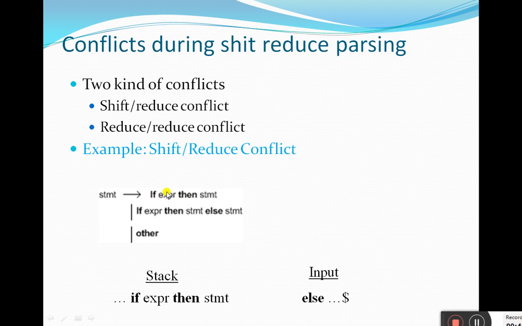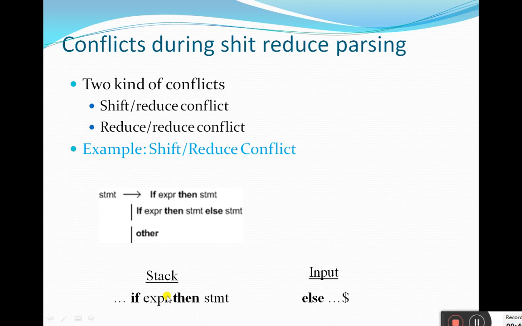If the expression is true, then we do this statement, if it is a simple if statement. If it is an if-else statement, if the expression is true, we'll do this statement, and if the expression is false, we'll do that statement. So you can say statement 1, statement 2. If this is true, do statement 1, otherwise do statement 2. Or the statement can be any other statement other than the if statement.